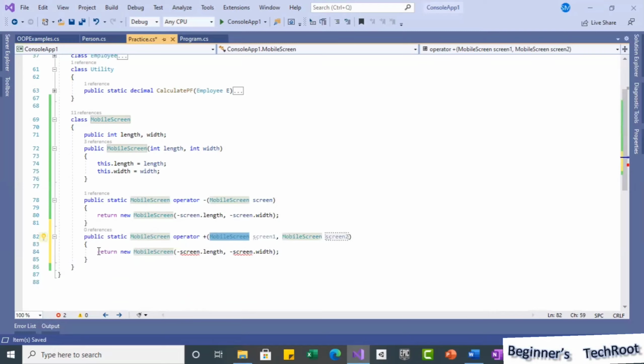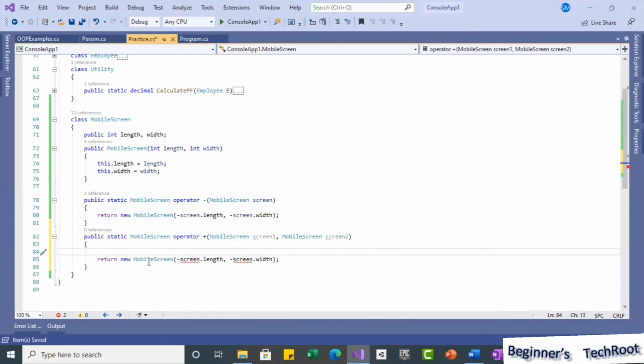One more example I will take where one may be different. For your understanding, I will put it here in two ways and then explain, so you may get a better understanding. So I will create a mobile screen; within that I can create the object.